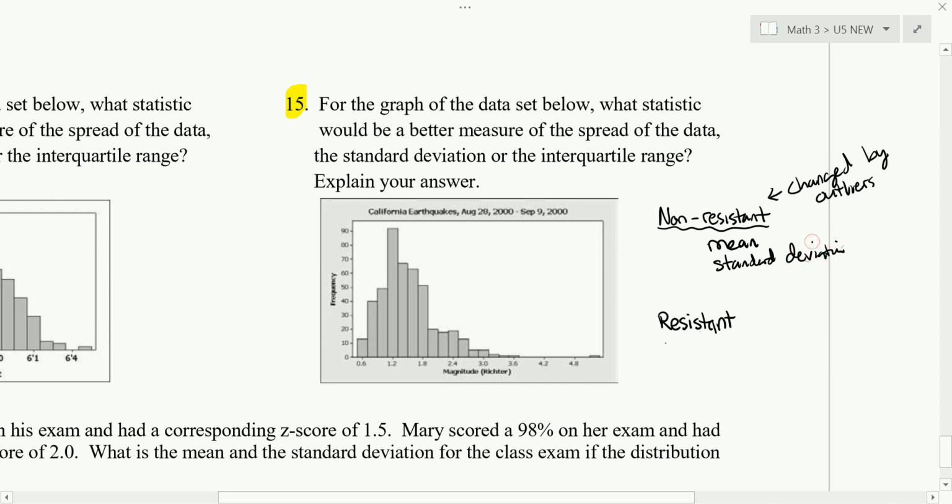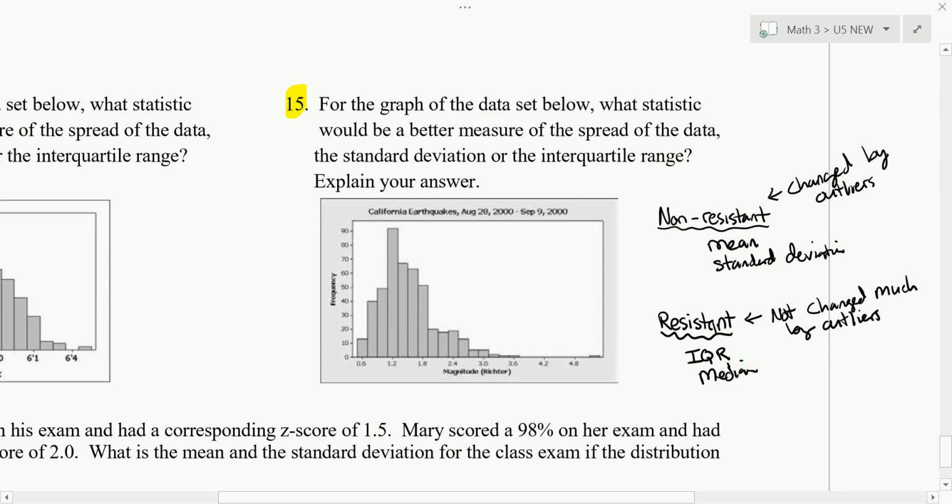Resistant measures are those that are barely changed or not changed at all by outliers. And those would be the IQR, the median,